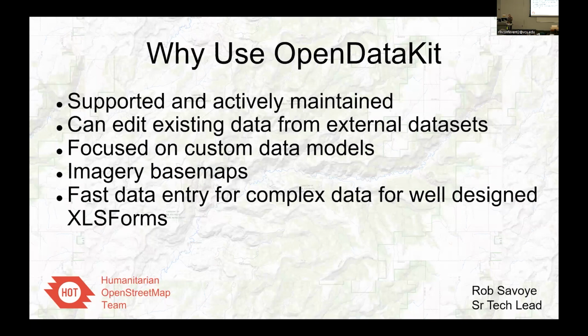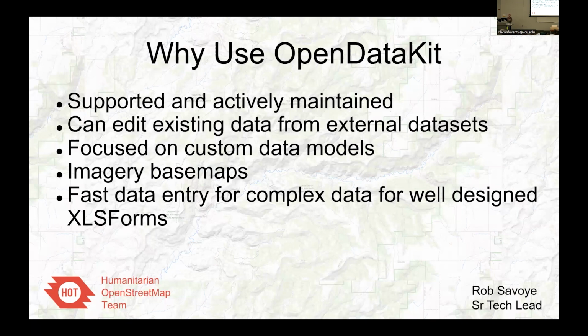For the 3 people that know OpenDataKit, a lot of XLS forms are incredibly inefficient. 1 question per page. Oh, I've got all the data for anything I'd want about a building. So I'm mapping a healthcare facility, but it's asking what the cuisine of the restaurant is. And so part of this project was designing really highly efficient forms using some of the more advanced functionality